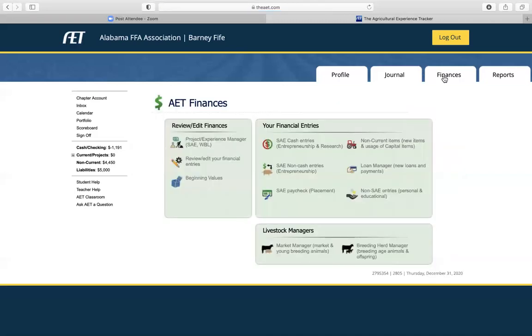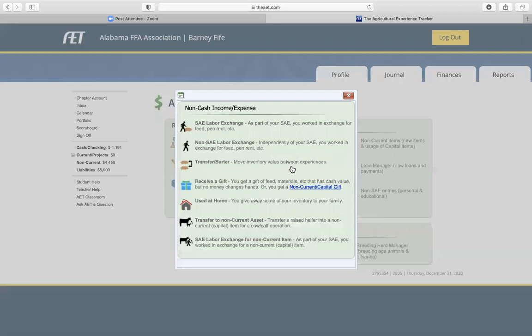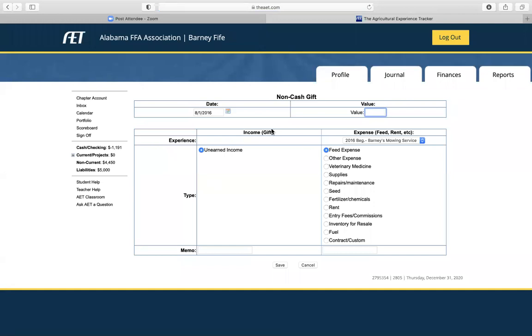Let's say that you had some non-cash entries. So click on where the pig and everything is there, and that gives you non-cash entries. Okay, you could do a labor exchange. You could mow Goober's yard for nothing because he'll give you the gas. You received it as a gift. Let's do a gift. All right. If you received it as a gift, it's unearned income, and you go down to